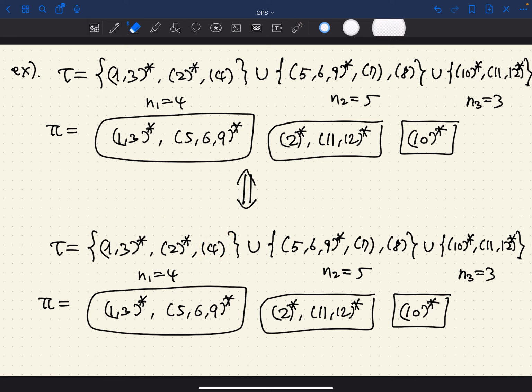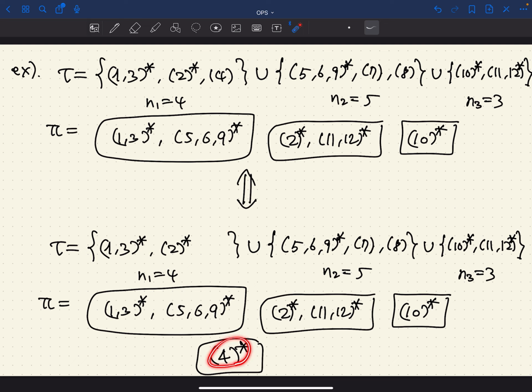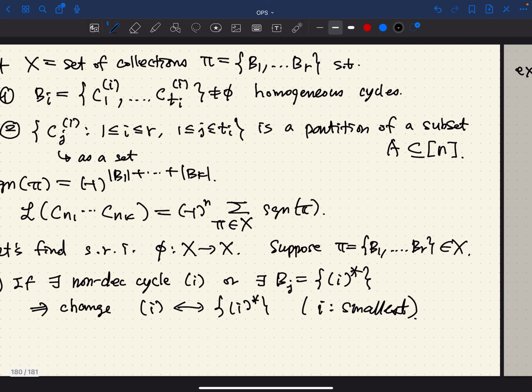So I'm going to erase this, and then instead I'm going to create a block with 4, like that. And if you have a configuration like this, then you would choose 4, and then you will change this into a single thing. But this must be inside, must be here, because if you know the integer, you know where it belongs. So this case is the simplest case, the easiest one among the two. So now the second case,